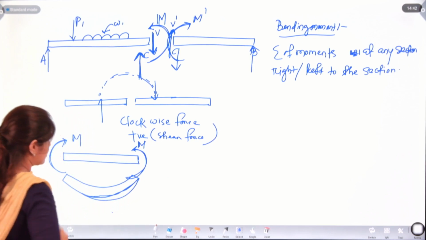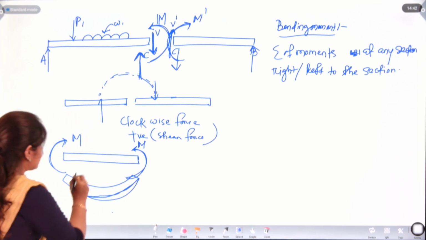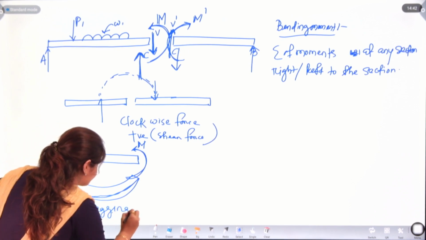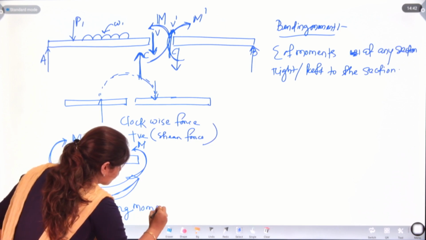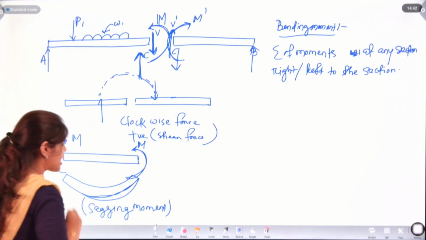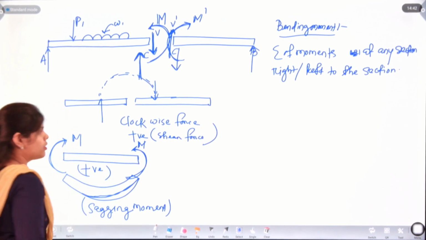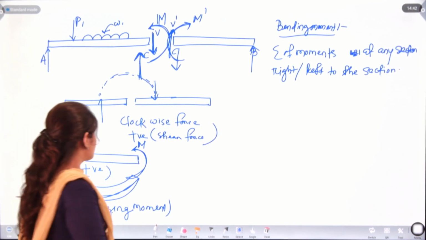You can draw like this. The beam will sag. This is called sagging moment. And sagging moment is always positive. Right. So, another